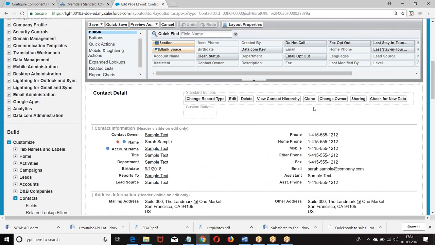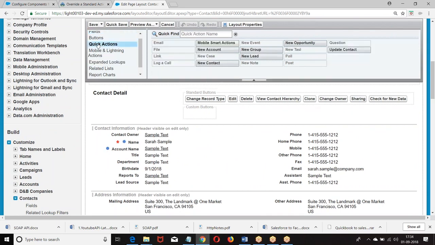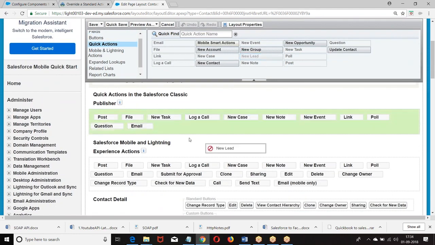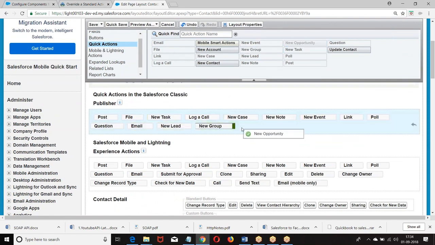Now there are three actions you are finding on the page layout. One is classic quick actions. The other one is mobile or lightning specific actions. The third one is record specific actions. Now we are going to the quick actions. Look at this. If any action is there, we can select it. New lead, new group, new opportunity. I add them.